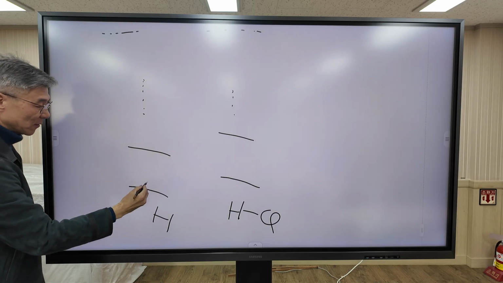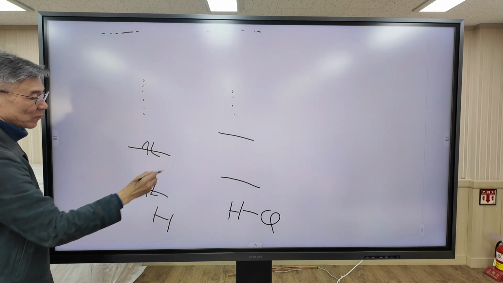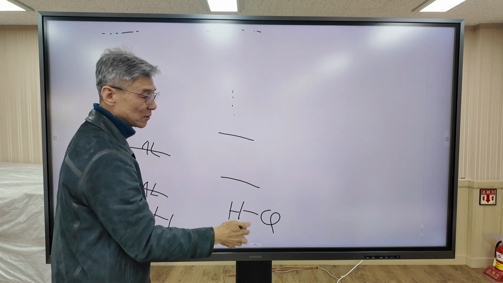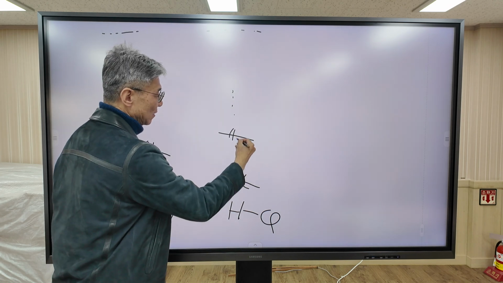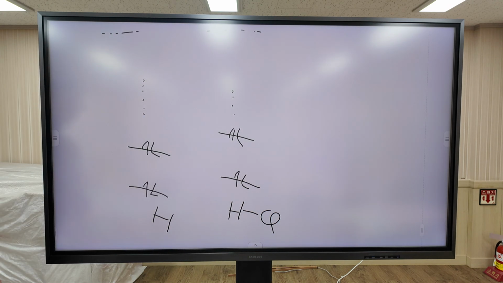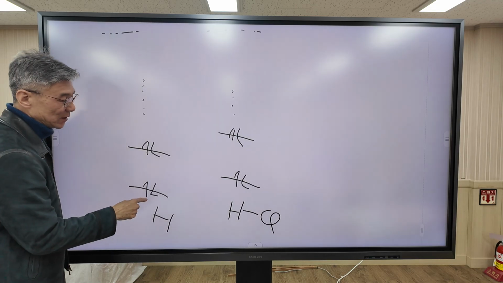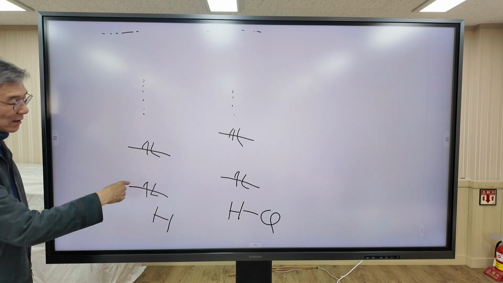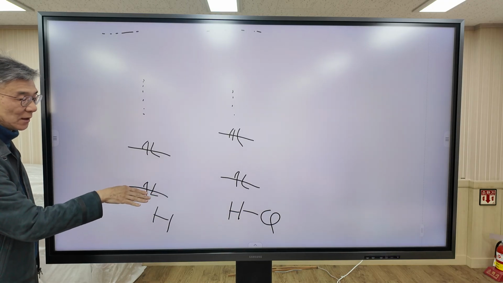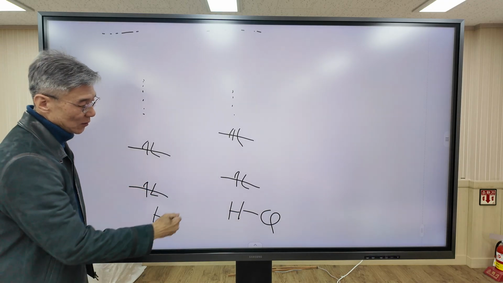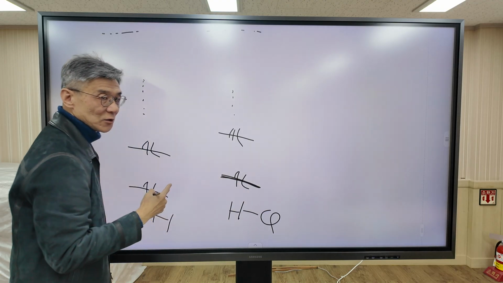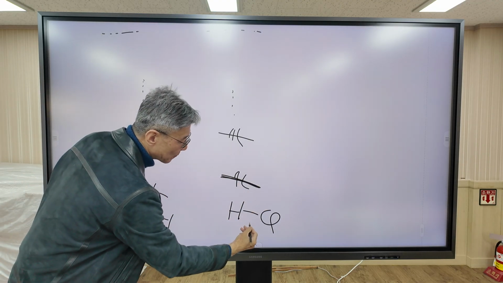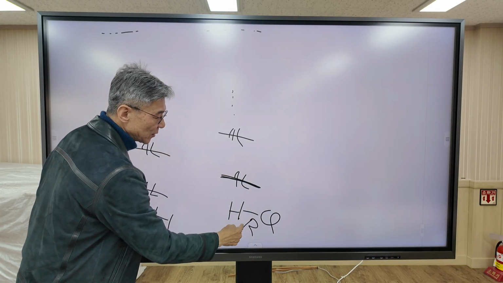And electrons are assigned to them. Similarly, the HCl molecule has many electrons, so electrons are assigned. Now, there's a big difference between atomic orbitals and molecular orbitals. For atomic orbitals, the energy level is fixed. It does not change. But the molecular orbital energy level changes because the molecule has R. R is the distance between two atoms.